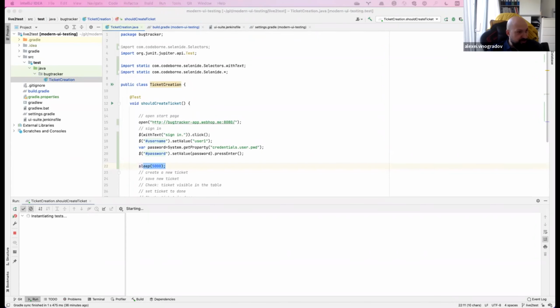Okay, it's opening. It's opening on the second screen. But as you can see, it was successful. It did the login. So okay, at least the basic setup was correct. Oh, no, it's the wrong one.